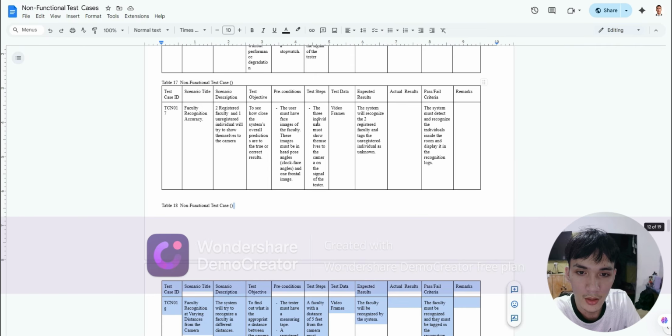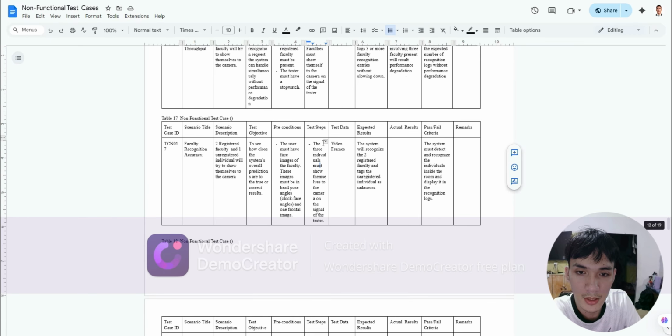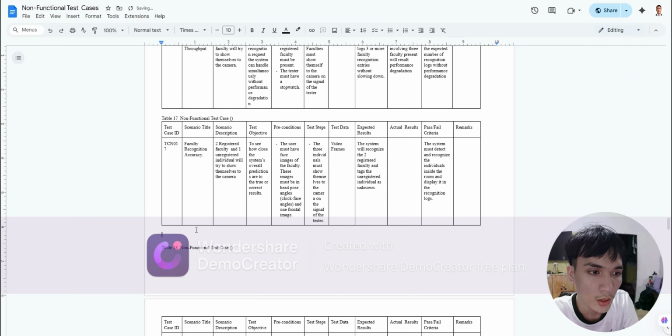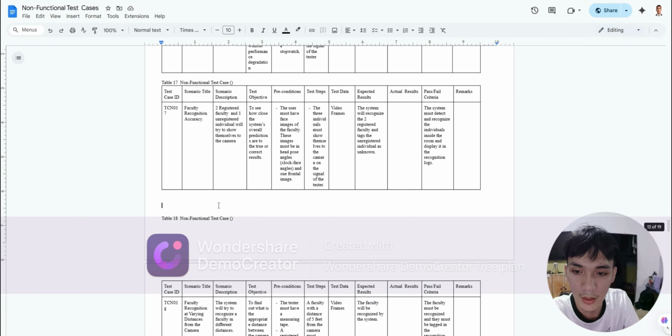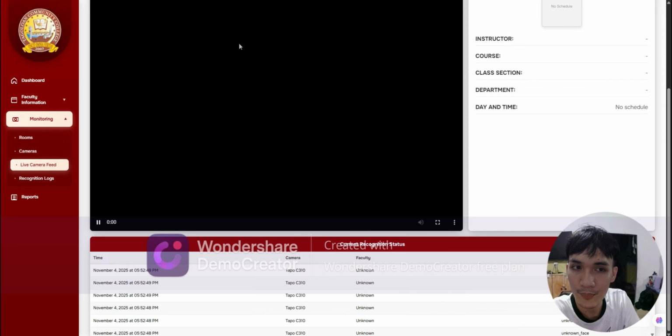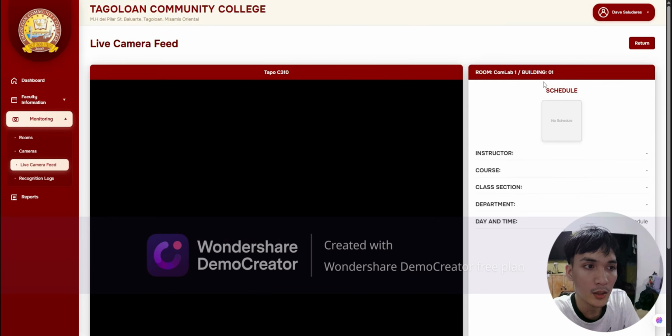The steps naman is that the 3 individuals must show themselves to the camera on the signal of the tester. So, kami lang din po yung mag-represent ng self namin or face in front of the camera. So, since tatlo kami na registered here,